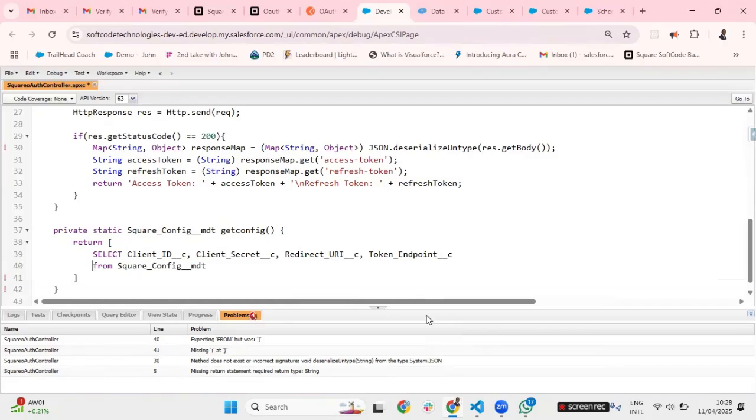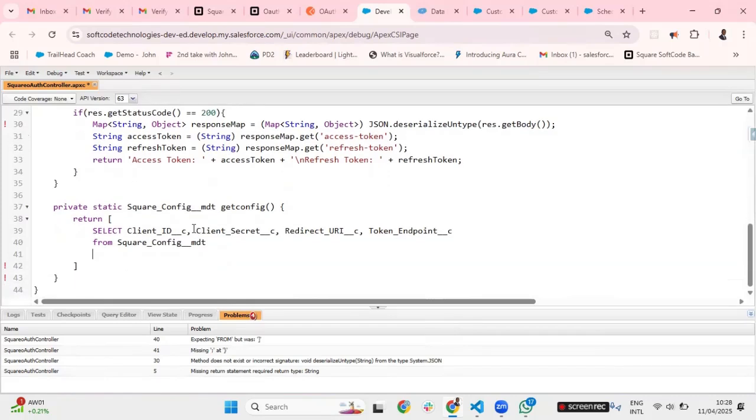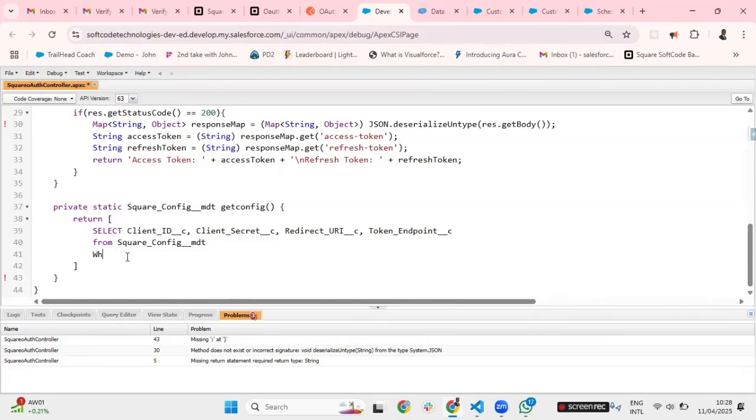That's easier for us using the Salesforce inspector. All right. So we can say now, where do we want it? We want it from the Square config MDT, where I always love to write it the way we expect to write it. Okay. So where the developer name is the API developer name is equal to